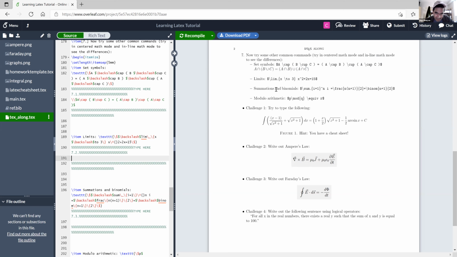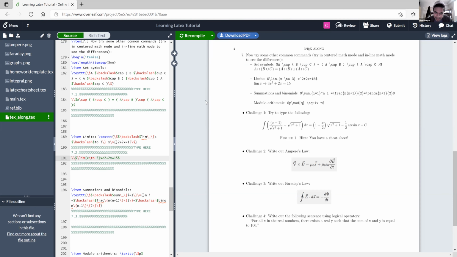And let's move on to the limits so we can try these out. And I'll start it on a new line. So the double backslash comes into play here. Okay, so you have limit of x